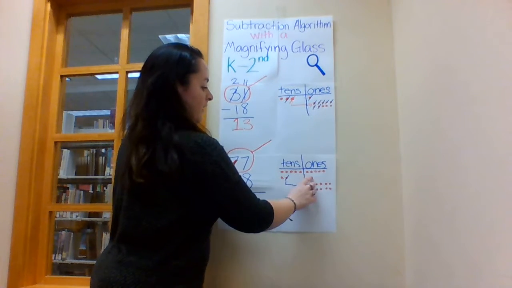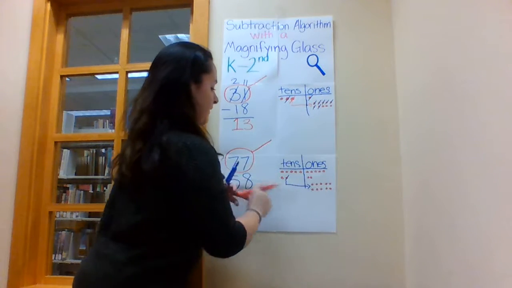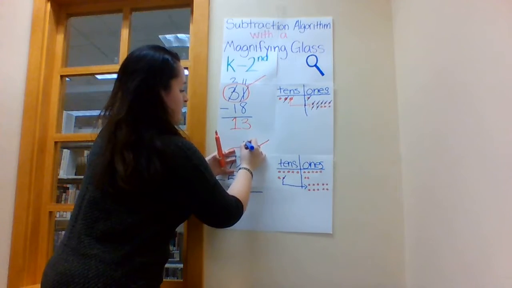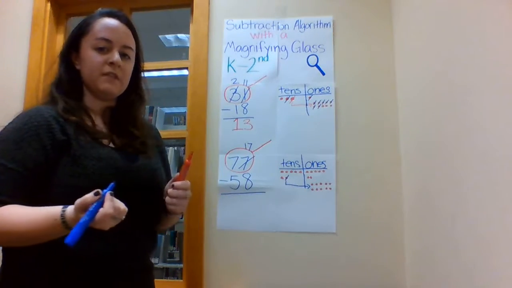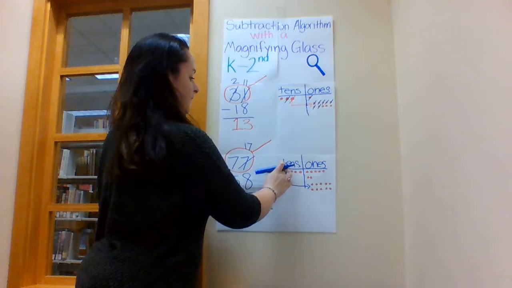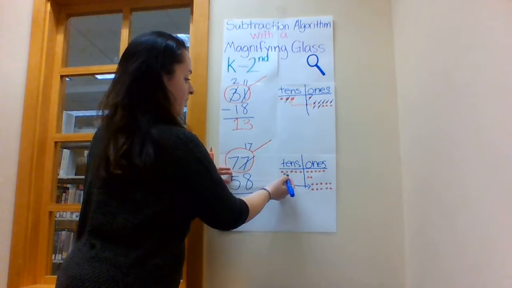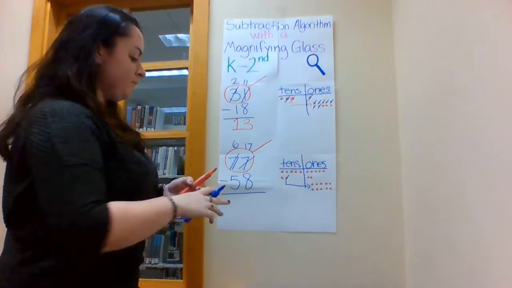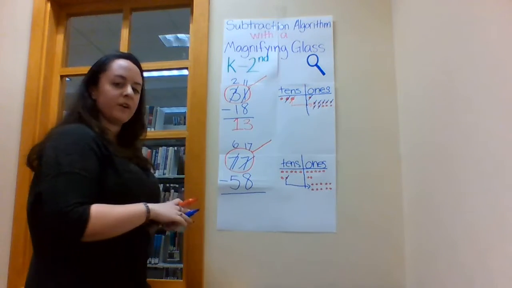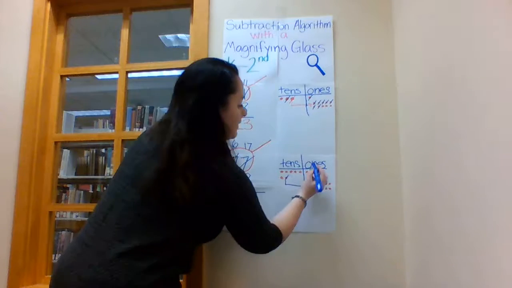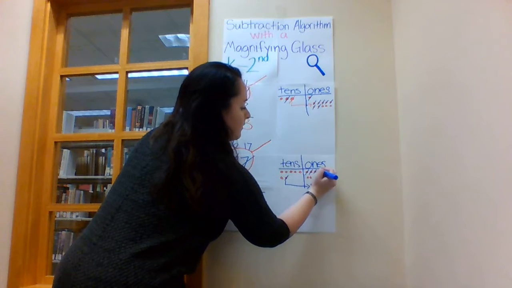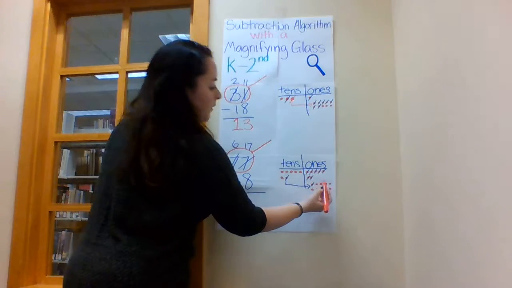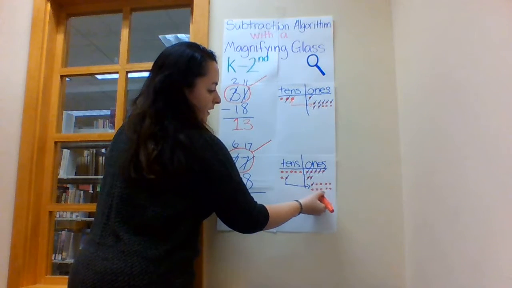So we have 10, 11, 12, 13, 14, 15, 16, 17. So we're going to cross off our 7 and make sure that we know that there are 17 of them now. We have 17 ones, and then we need to look at our tens. We crossed one of them off. So we now see that we have 6 tens. Then we can go through, and we're going to take away 8 of our ones. So we're going to take away 1, 2, 3, 4, 5, 6, 7, 8. And then we know that we have 1, 2, 3, 4, 5, 6, 7, 8,